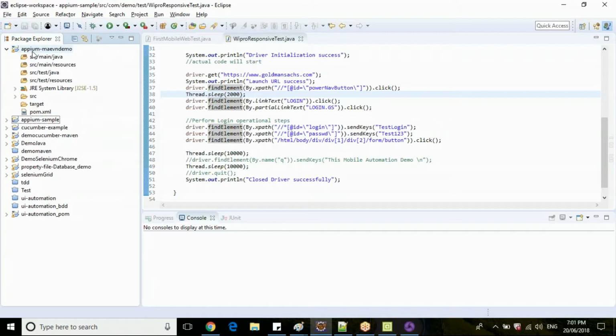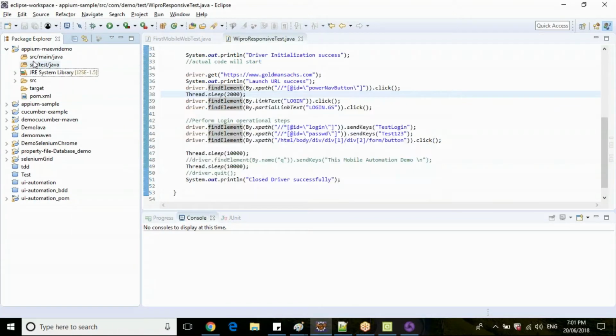Now we have a Maven project here. Also, you can remove the folders you're not using. I'm just removing the resources folders. I only need source test java to write the test cases, or source main java.